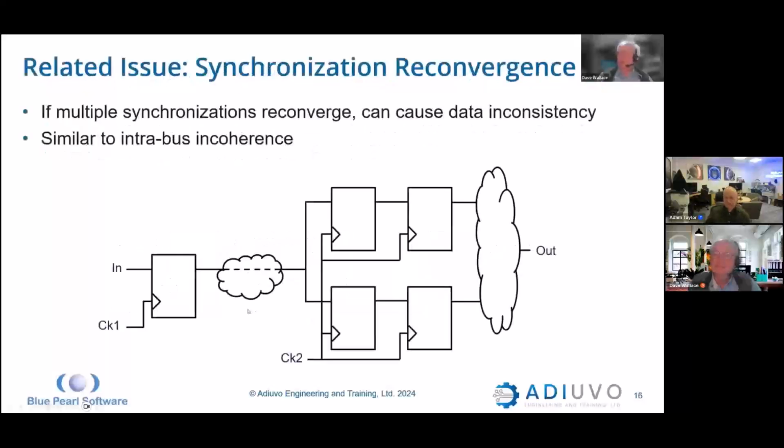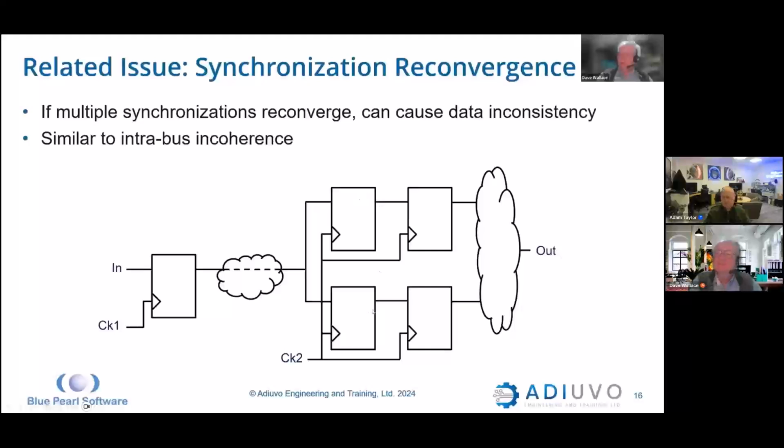So related to this is the question about synchronization reconvergence. You may have a situation where a single bit is synchronized into the receiving domain in more than one place. Now that can be fine if basically never the twain do meet. Each cluster of logic would go ahead and use its value and process whatever it's doing independently. But if they can reconverge downstream, and this may be multiple cycles later, you have a problem because, again, if